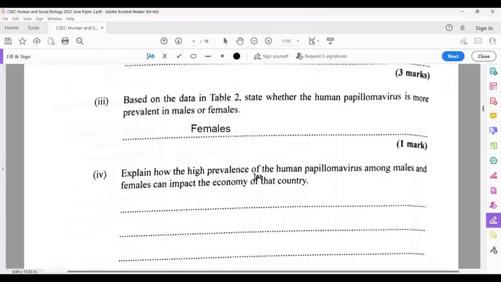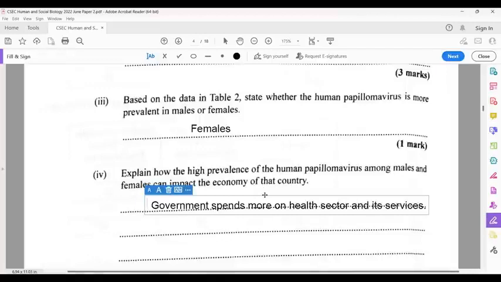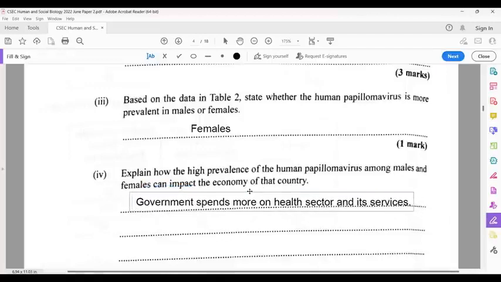Explain how the high prevalence of HPV among males and females can impact the economy of the country. The mere fact that they're talking about economy means they are talking about spending or money, all right? And it's at country level, so you're talking about the government. So if the government has to spend more money on the health sector and its services because of the high prevalence of HPV among males and females,